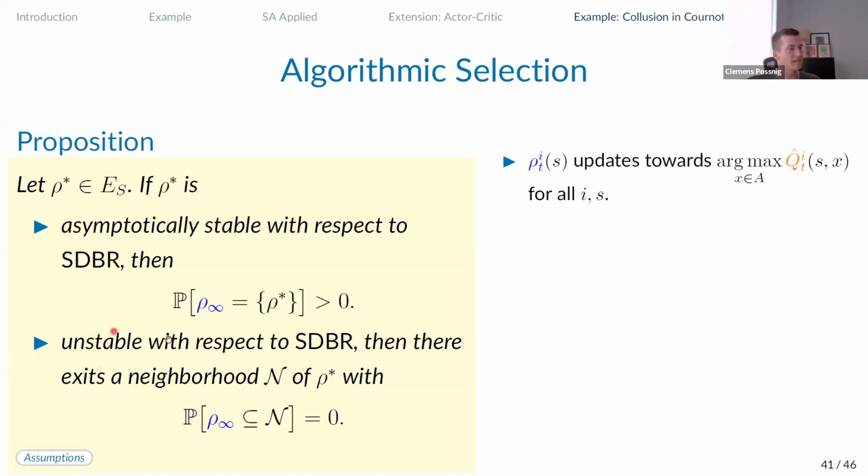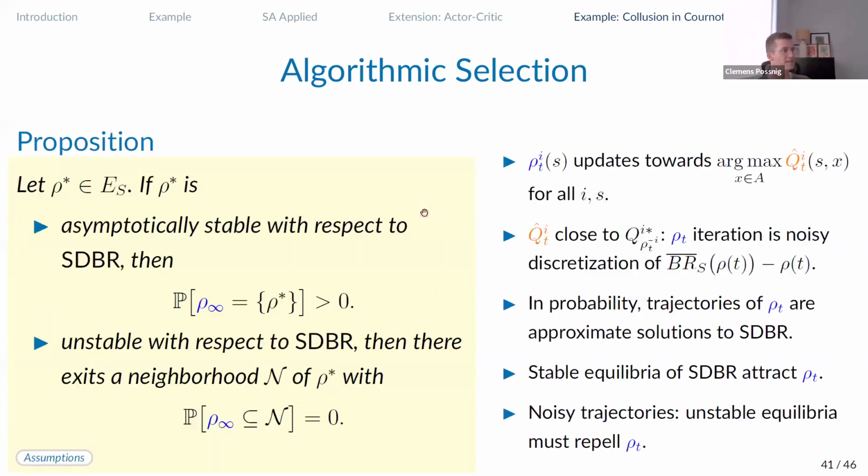On the other side, if it is unstable, we can actually make a stronger statement. There's a whole neighborhood around this equilibrium, if it is unstable, such that the algorithms will hit this neighborhood with probability 0. So again, you get this kind of selection prediction. If you want to know what the algorithm is going to learn, if you can't, for example, promise that it will converge to an equilibrium, then you know that it will avoid equilibria that are not attracting under the ODE. And I'm going to skip this really quickly because I want to get to the punchline, or at least this is a partial punchline.